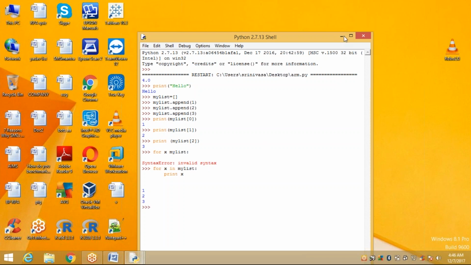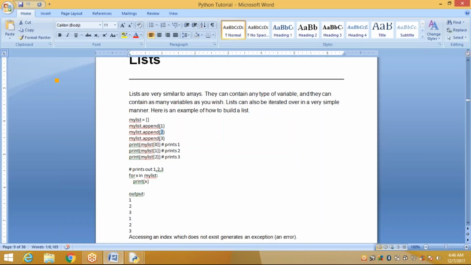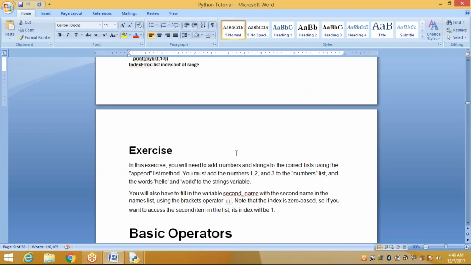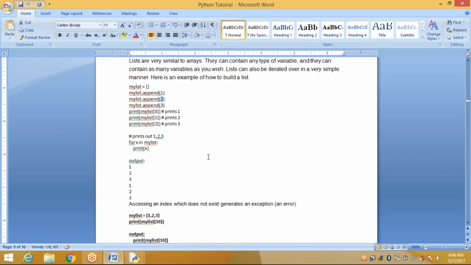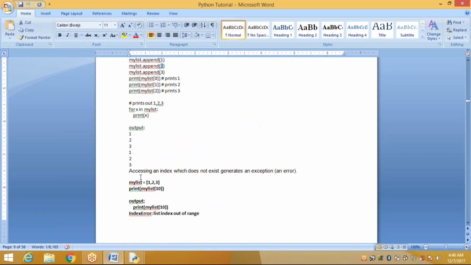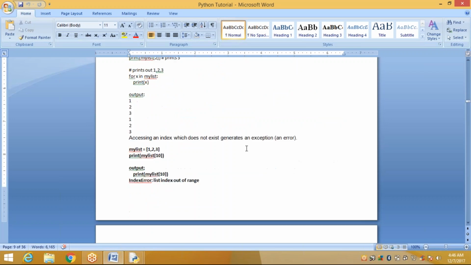Okay. See here, next. Now we want to discuss the list. So you can practice the lists. See here, now you are accessing an index which doesn't exist, which generates an exception. My list array of 1, 2, 3. Now you want to print my list array of 10. Is it possible? No. What is the problem?